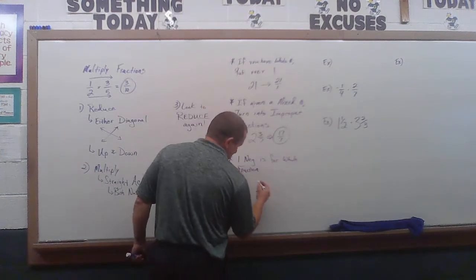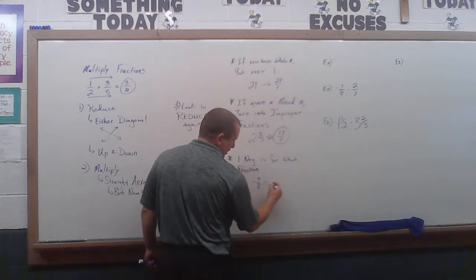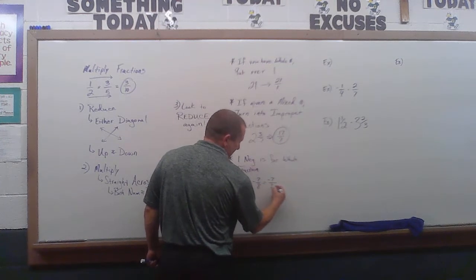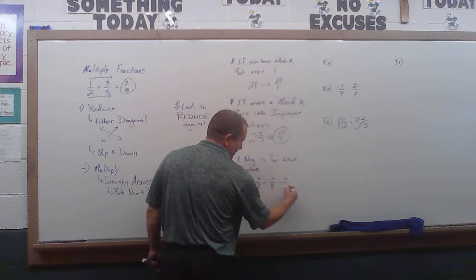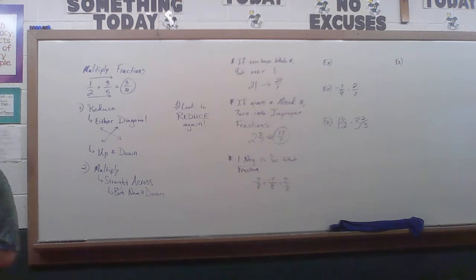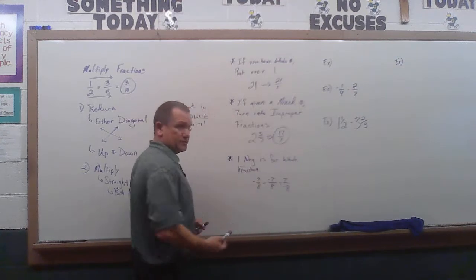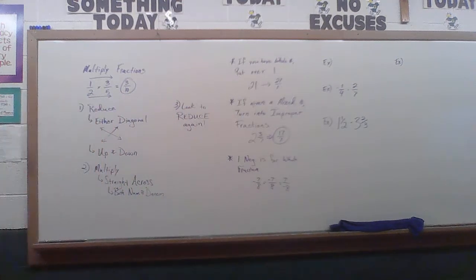So if we had -7/8, we could put it kind of out in front, or we could put it on the top, or we could put it on the bottom, but those three fractions all mean the exact same thing with one negative sign. Again, personally, I would go ahead and try to write it as one of the last two options. Put that negative either on the top or the bottom, just so you don't get confused,